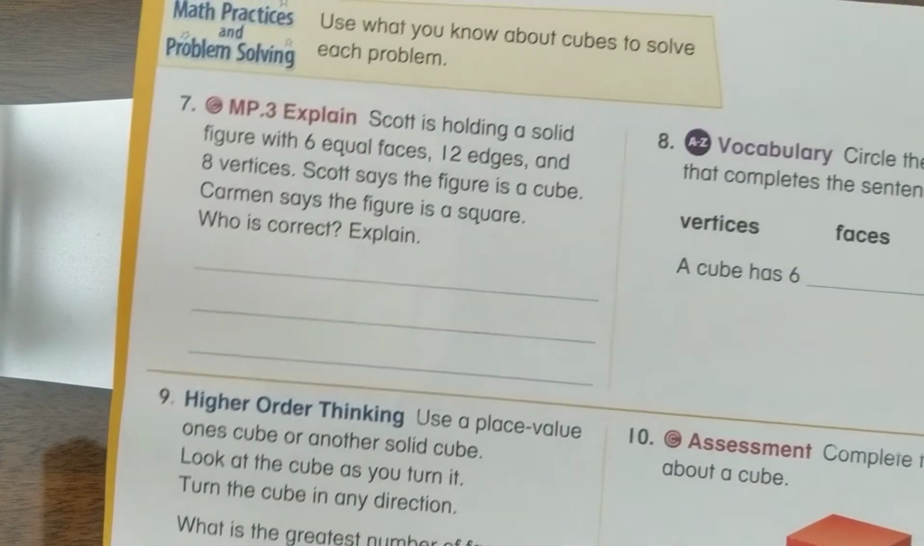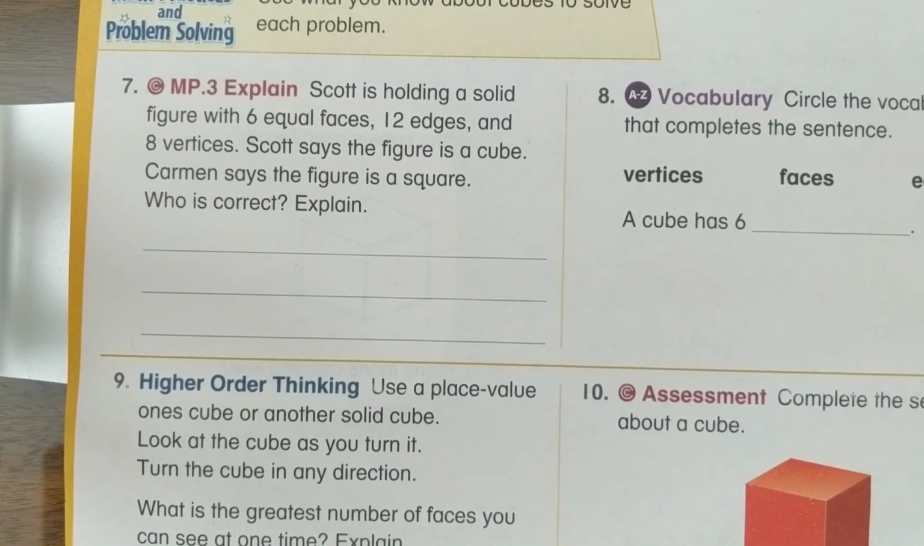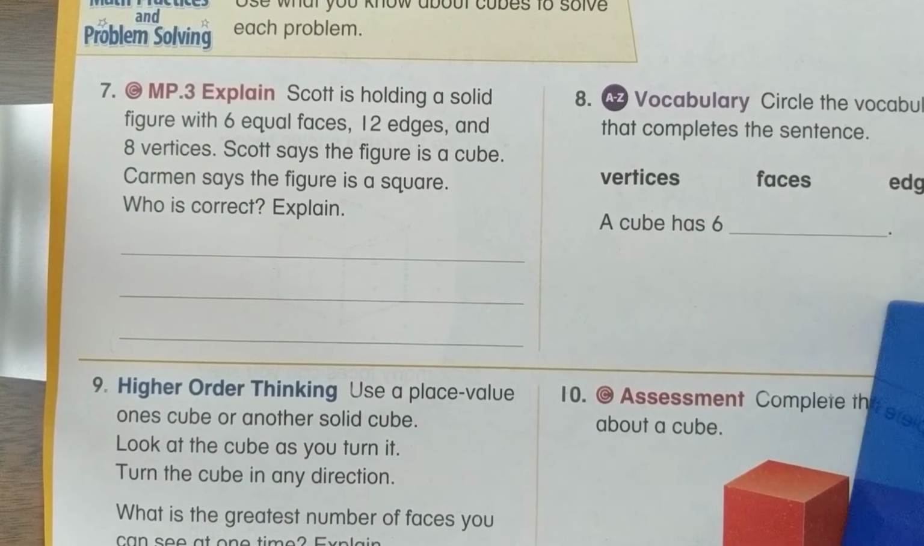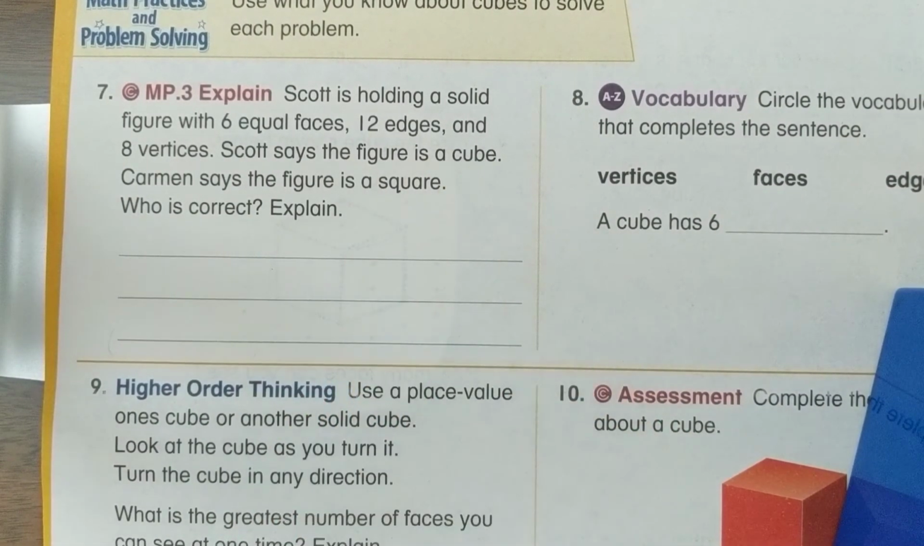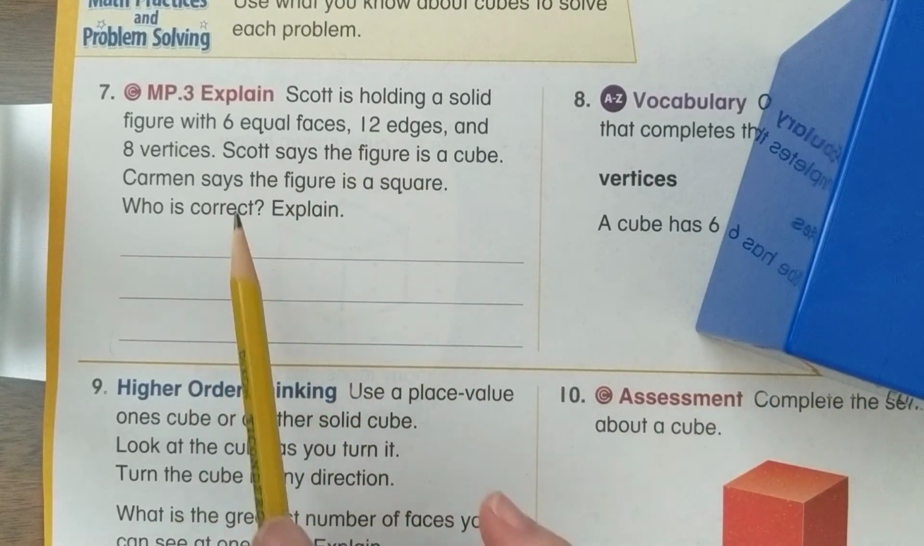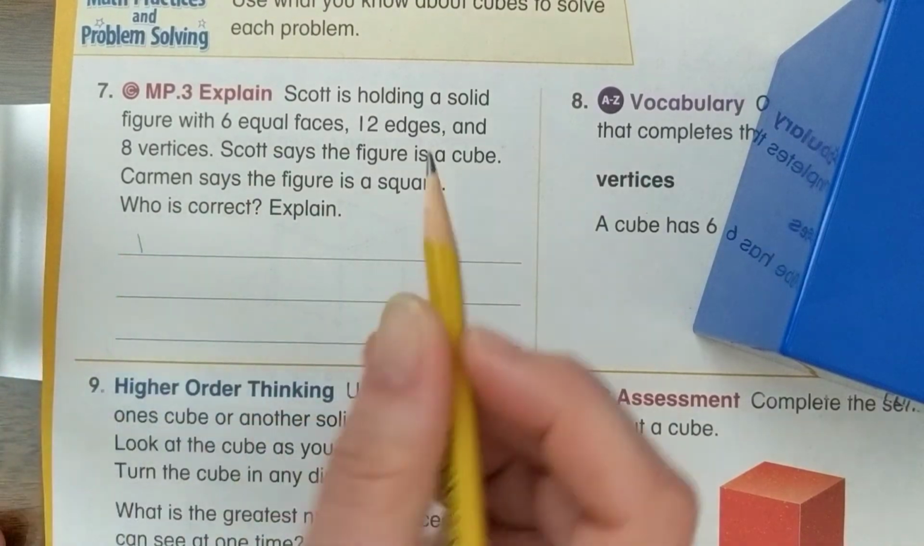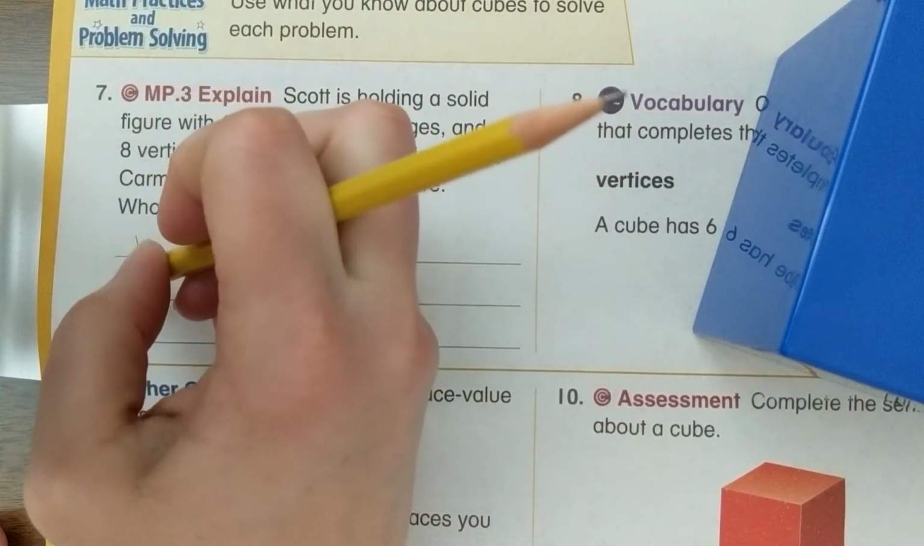Okay, back side. Scott is holding a solid figure with 6 equal faces, 12 edges, and 8 vertices. Scott says the figure is a cube. Carmen says the figure is a square. Who is correct? Explain. Okay, who is right? Would it be a cube or a square if we have 6 faces, 12 edges, and 8 vertices? Scott is correct